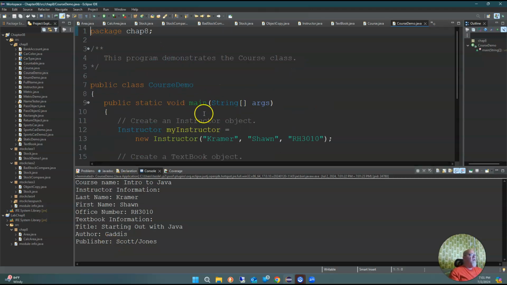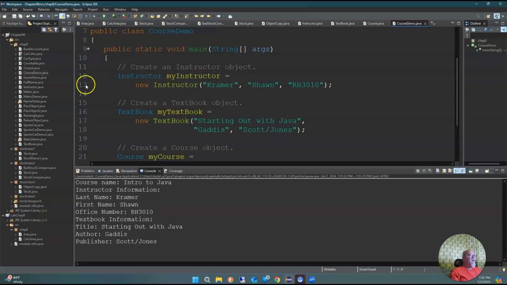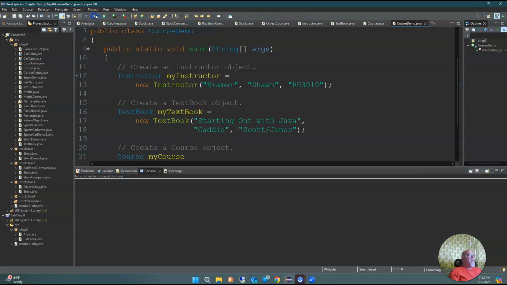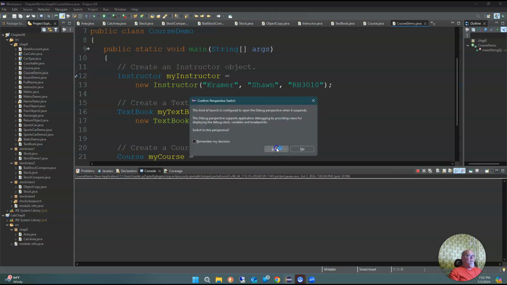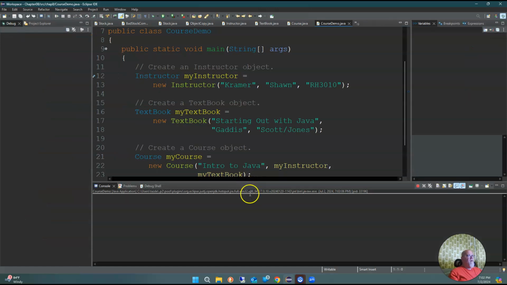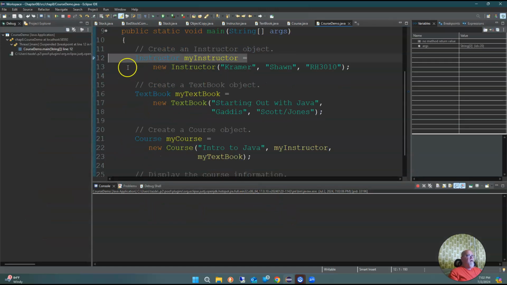And what we could do, I could put a breakpoint right here, and I could run the debug mode. So go into the debug perspective, and we basically hit this instructor. And I can actually say, you know what, I want to go into that. So we're going to go into the step into,